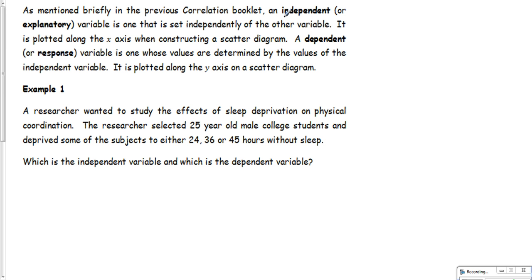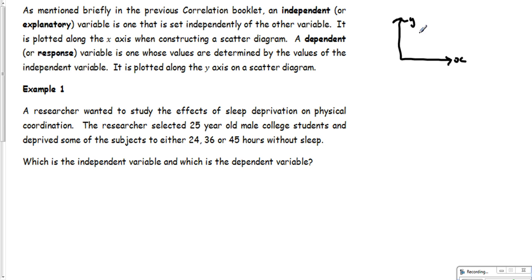So in the first one here, we've got an independent or explanatory variable. That tends to be the one that you would put on the x-axis. So independent or explanatory. The response variable or the dependent variable is the one that you would tend to put